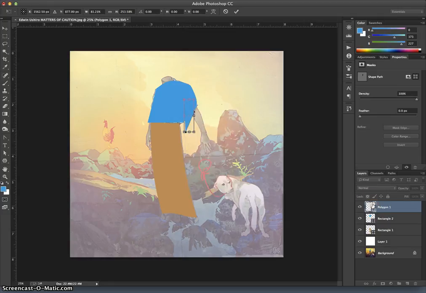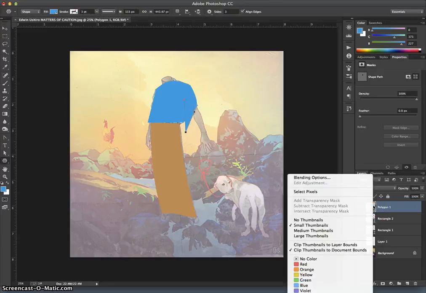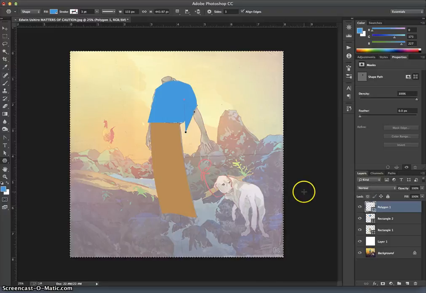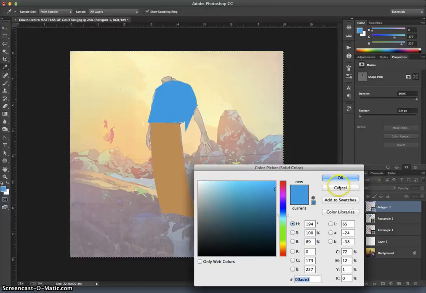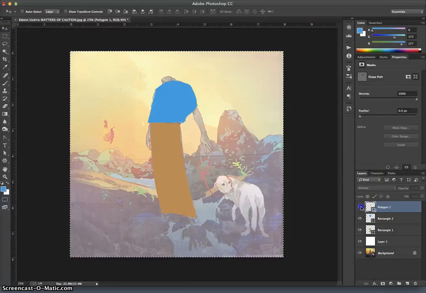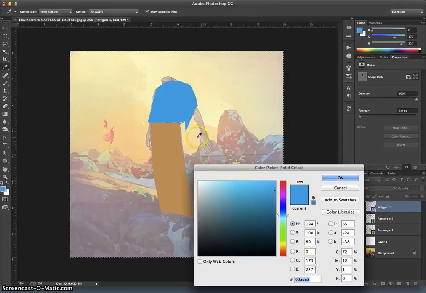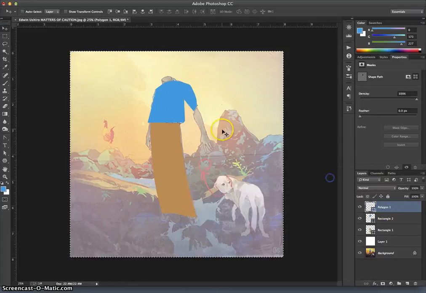So what I'm going to do is right click on it once I have it where I want, and then I'm going to say select pixels. Oh, that didn't work. Let me see. This should work theoretically. Because I could just fill this color with the background, right? And that will cut into my shirt. But it'd be better if I could delete that selection from this shape. But those are some of the limitations of vector tools, is they need to have kind of